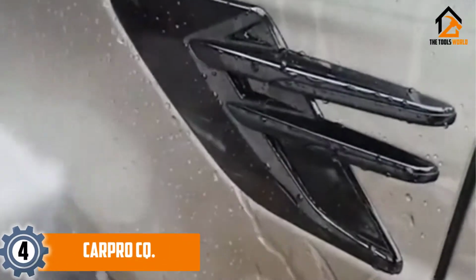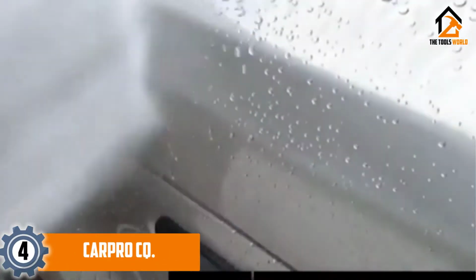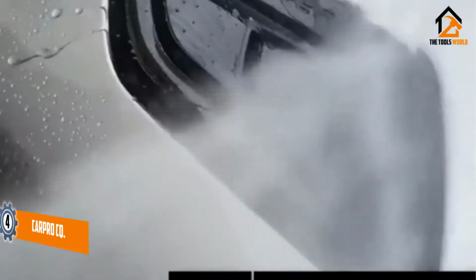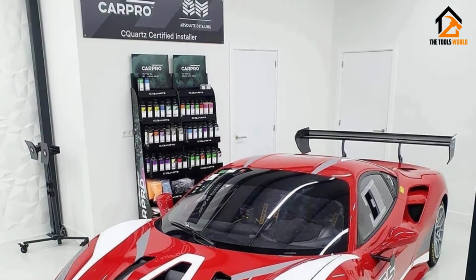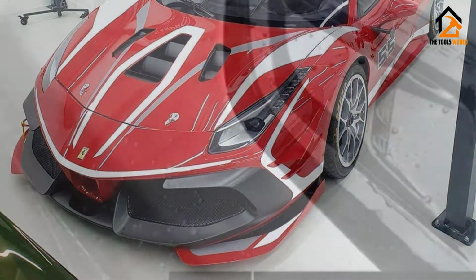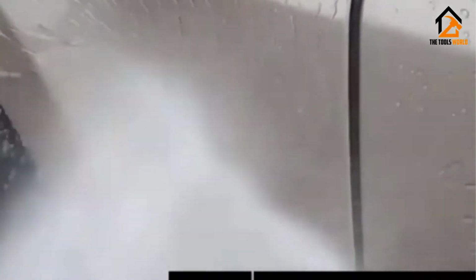Moving on at number 4, we have the CarPro CQ. For a top-quality, high-performance ceramic kit that won't disappoint, check out CarPro CQ UK 3.0 kit with Reload. This improved formula provides even better protection against UV rays, road grime, tar, tree sap, bug splatters, bird droppings, and more. It utilizes a high silica quartz content to create a truly hard and glassy layer that protects your vehicle's